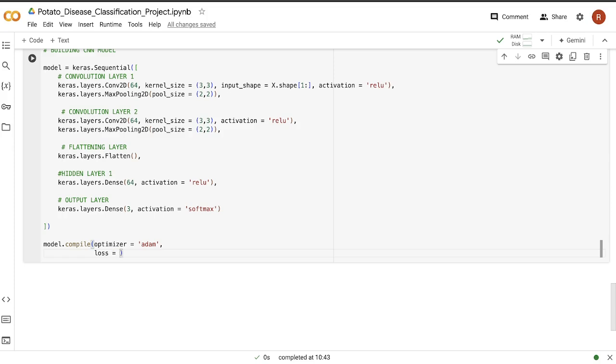Now as this is the multi-class classification, we are going to make use of sparse categorical cross entropy, and then metrics, that is on basis of what you have to evaluate your model. So we are going to evaluate our model on the basis of accuracy. So the metrics here will be accuracy. So this is the code for compiling the model that we built here.